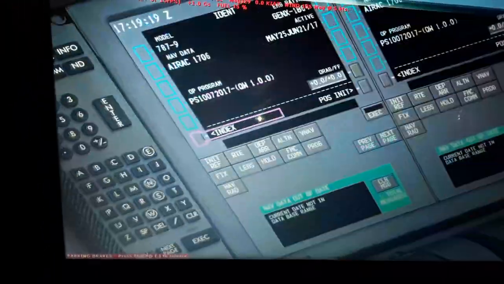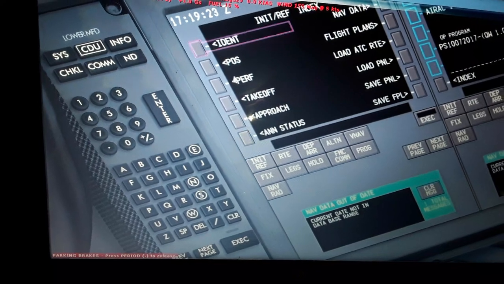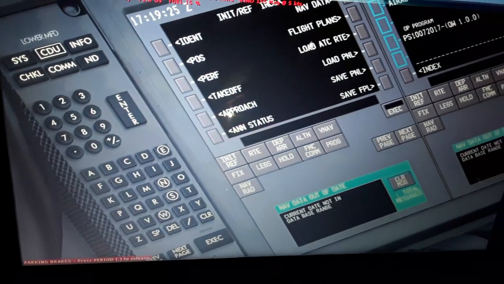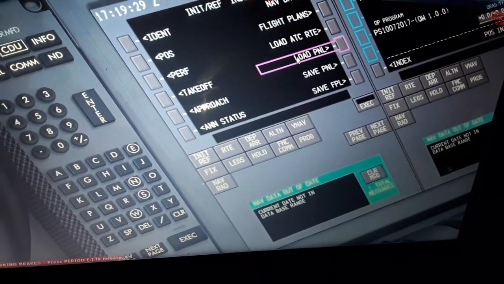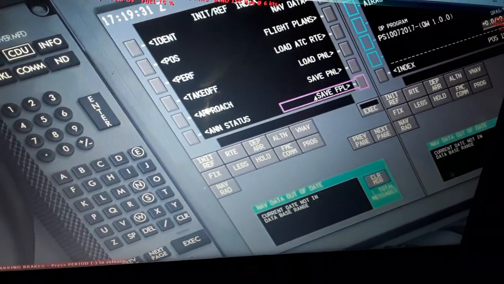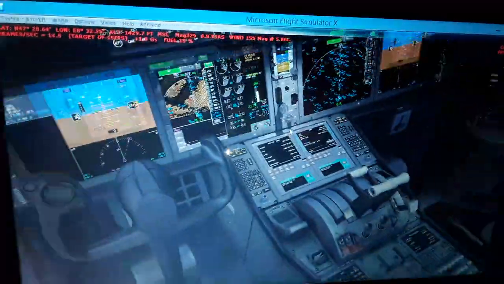Input all the data. So we'll start with the screens here. As you can see, I'm moving the mouse pad, so you can see identity, position, performance, approach, annunciate status, navigation data, flight plans, load traffic control, load route, load flight plan, save flight plan over here. So I'm going in this display over here,